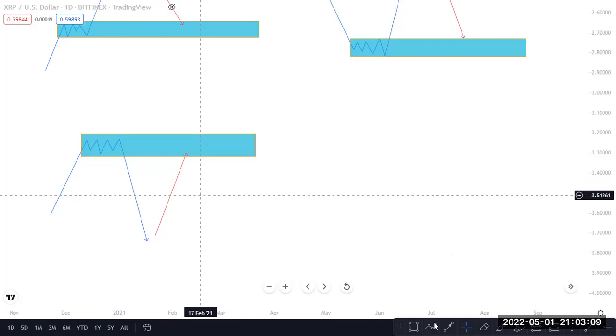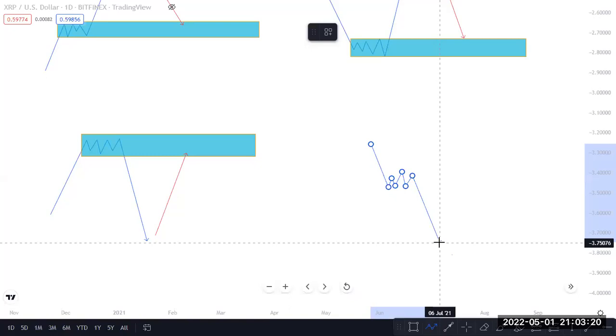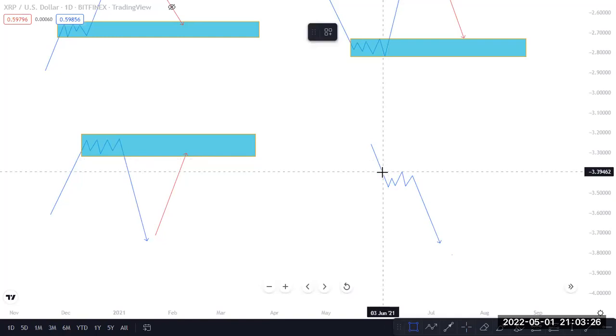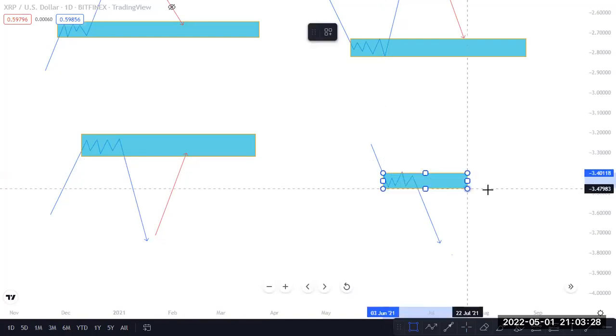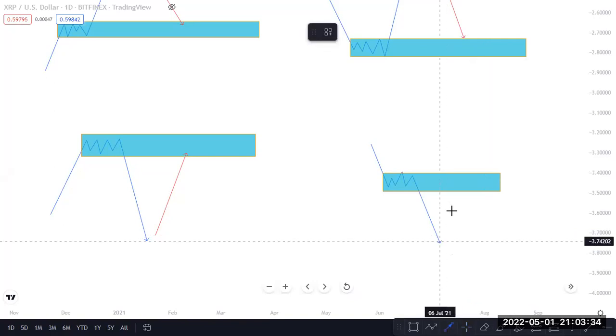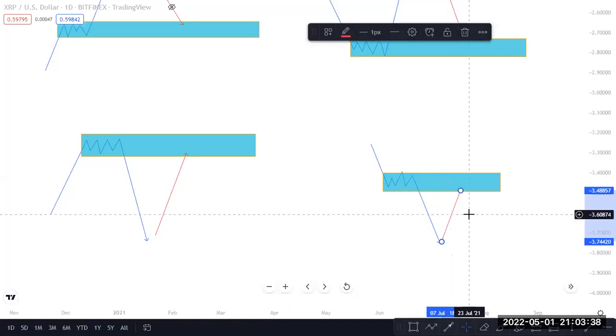The same thing applies on the continuation. We had a drop, consolidation, then a strong break. Do I chase the market? No, I don't chase the market. I draw this area as my zone area. Then I want this coin to come back to this area and show me rejection. Then I take a short entry.